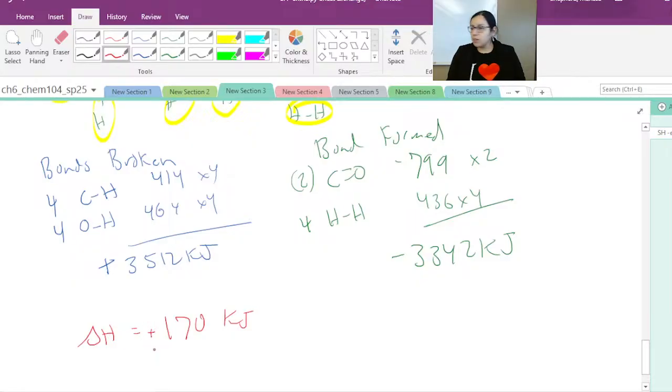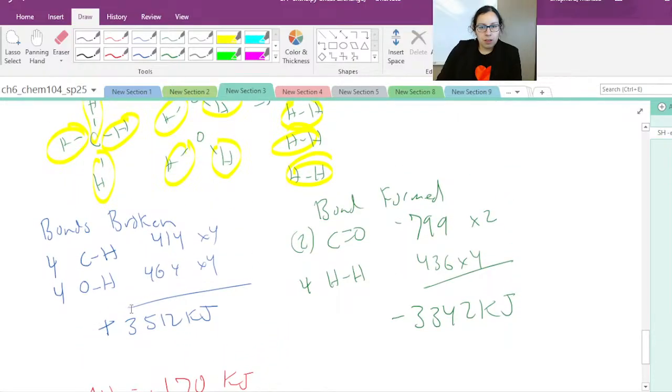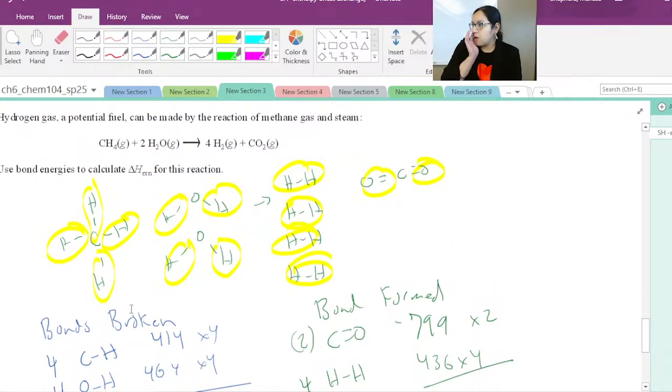And I'll put again a big fat plus sign so we can tell that that's energy that overall needs to go into this reaction. So that's telling us that this is an endothermic reaction. So it's going to require heat, and it would feel cold to us, though. Questions on this and on the process or anything? So you'll probably have a question like this on your exam, but like I said, the bond strengths will be provided. All right, let's keep